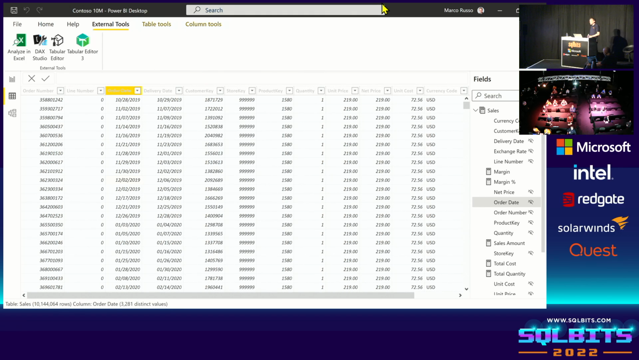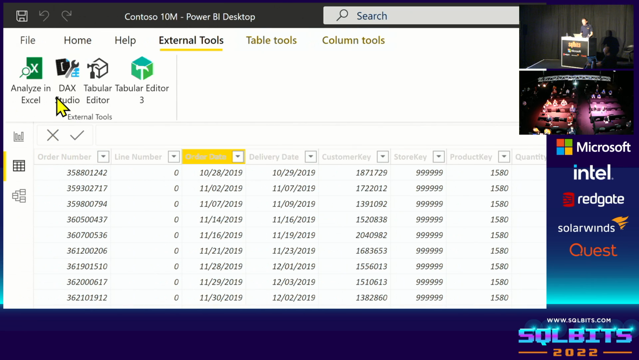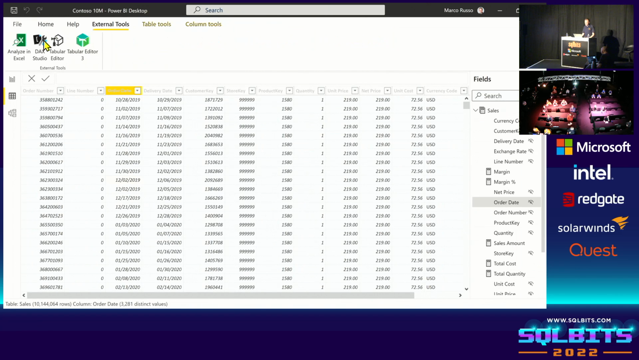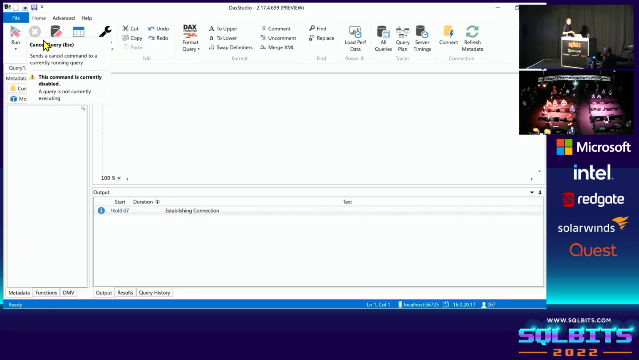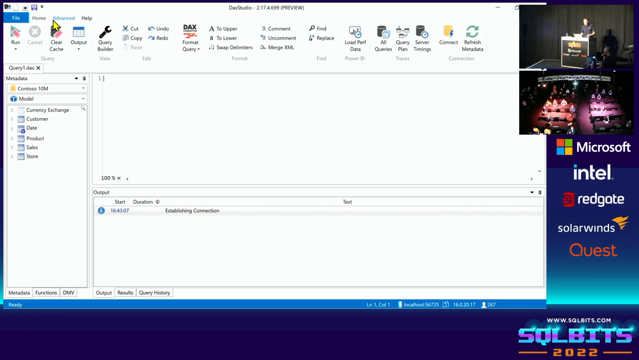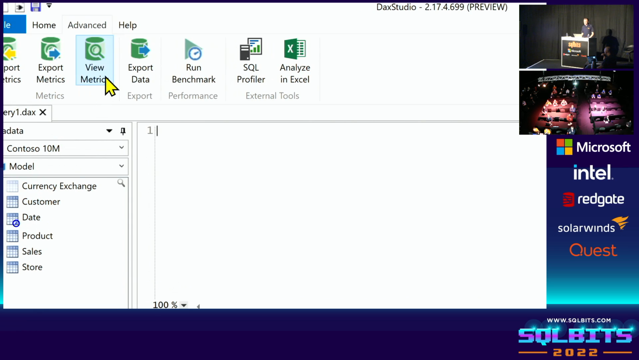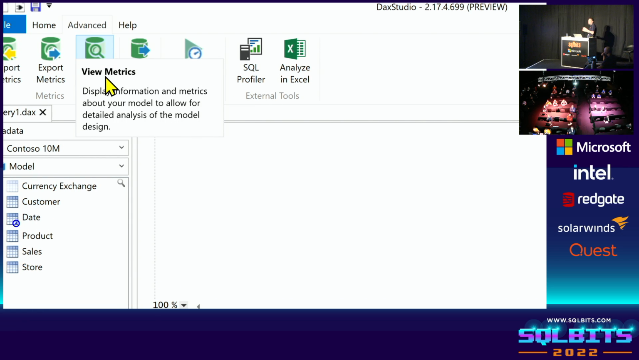if you install DAX Studio or Tabular Editor 3, these two tools internally have the same engine, the same library, VertiPaq Analyzer, that can analyze this model. So if I launch DAX Studio, I have a button in the advanced ribbon where I can ask to view metrics. VertiPaq Analyzer is the name of the library, but DAX Studio exposes this information as view metrics, right? So if I click on view metrics,